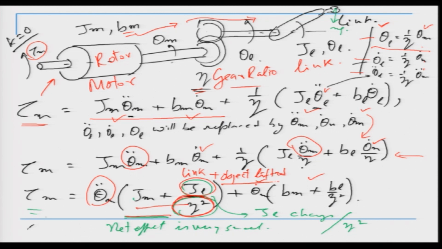Okay. So this object lifted, if nothing is lifted, it is 0. The moment something is lifted, it has that particular weight. So essentially this full JL term is going to vary, it will have the link plus the object, or no object, but this full term is getting divided by zeta squared, which essentially means that if you have a high gear ratio, the change due to the object being held or not held is divided by a very large number, which is the square of the gear ratio, and the result of that is that the effect of the object being held or not held